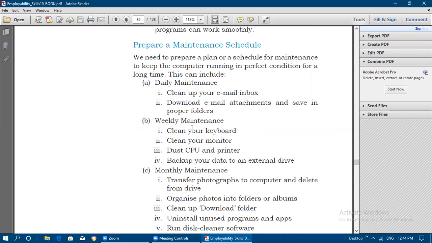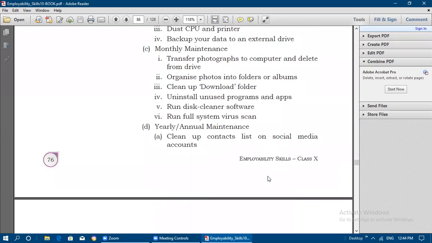Weekly maintenance: clean your keyboard, monitor, dust the CPU and printer, and then back up your data to an external drive. So any external drive, if you have one, you need to back up your computer data. Important data and all, you should take a backup, and that should be done weekly. And monthly maintenance: transfer photographs to your computer and delete from the drive, and organize photos into folders and